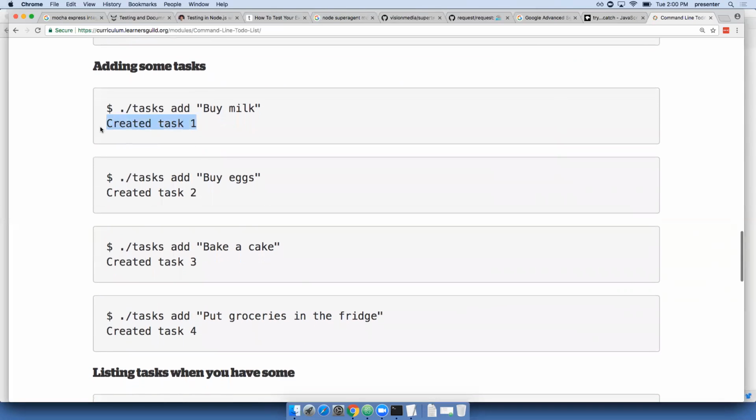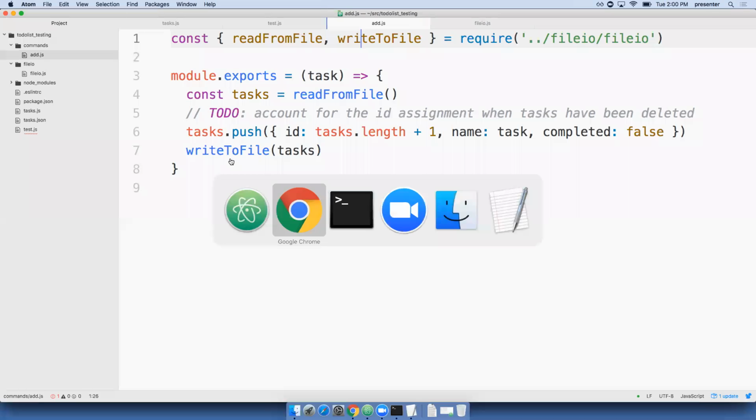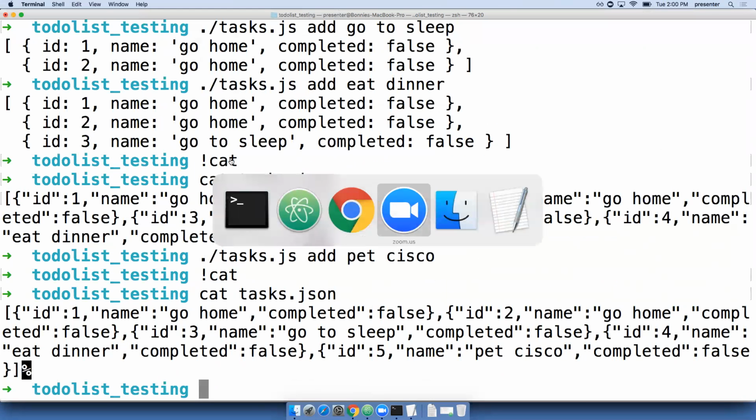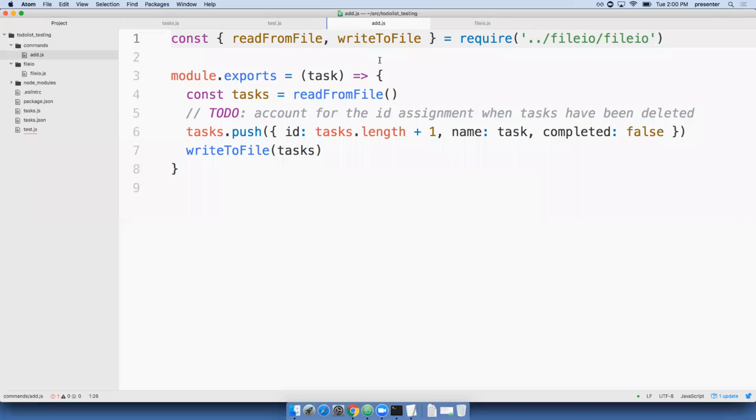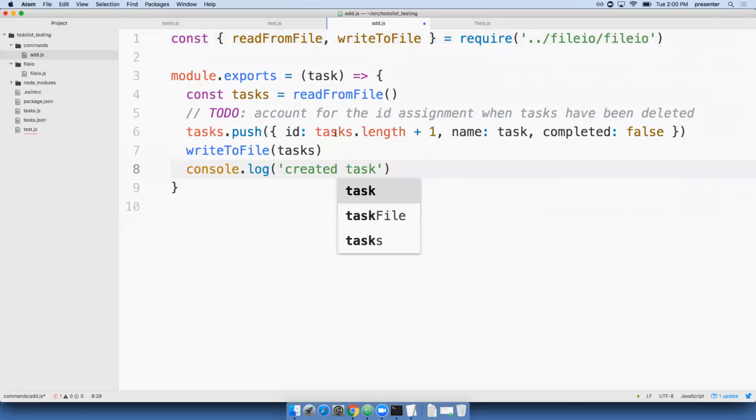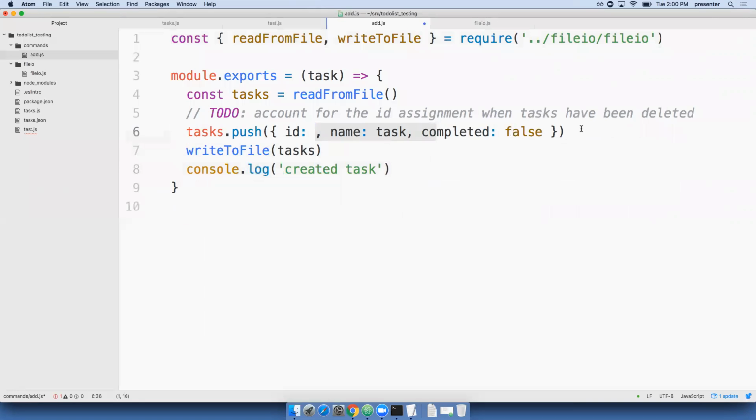Created task and then the task ID. So back here, and so now I'm actually going to take this